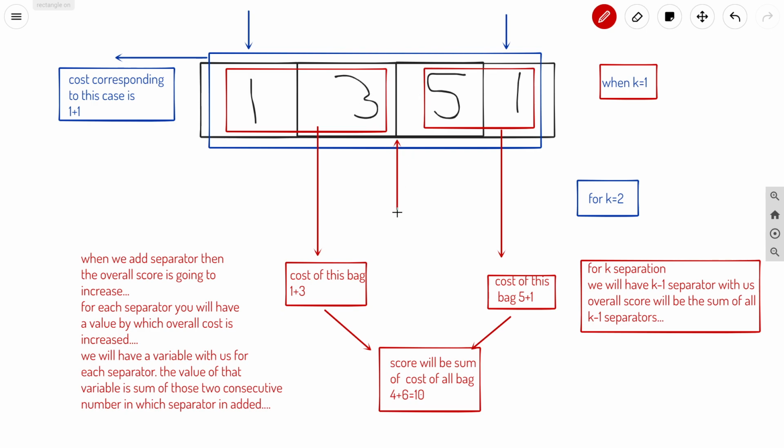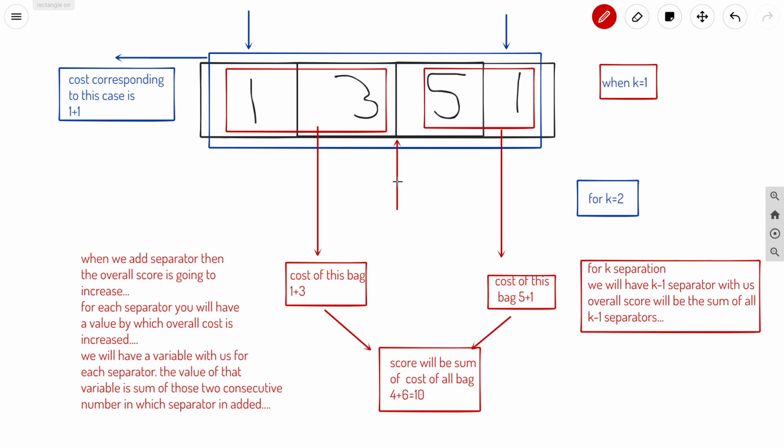So the value corresponding to this separator is 3 plus 5, that is 8. So we will store these values for all. Basically we can have a total of n minus 1 separators, so we will find all n minus 1 values associated with these n minus 1 separators, and we will do something with them.